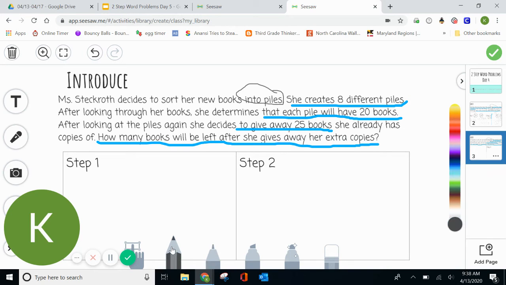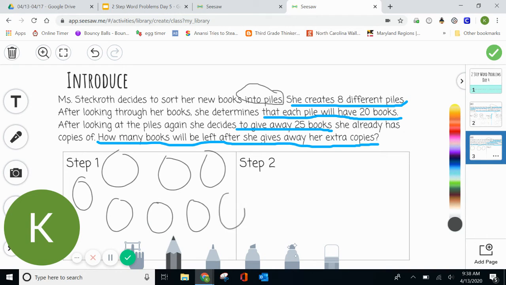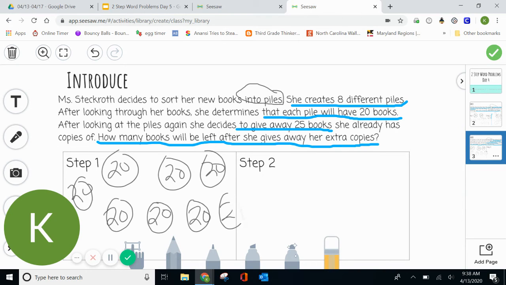Let's draw that to figure out what we're doing. 1, 2, 3, 4, 5, 6, 7, and 8. Now I need to put 20 in each group. 20, 20, 20, 20, 20, 20, 20, 20. So right now I'm looking at 8 groups of 20. 8 groups of 20 is the same as saying 8